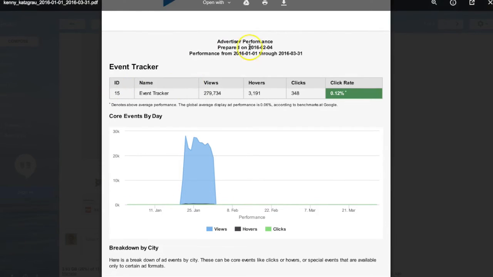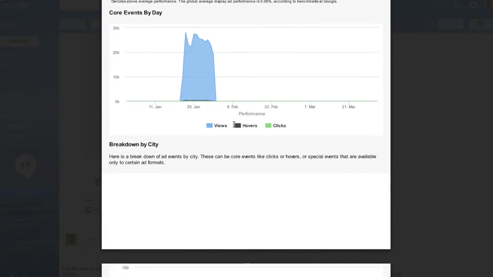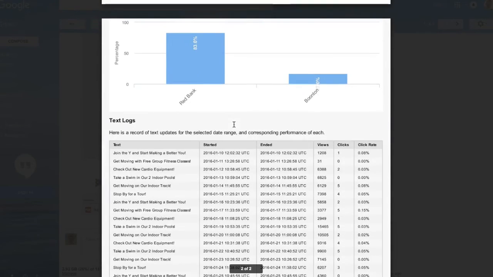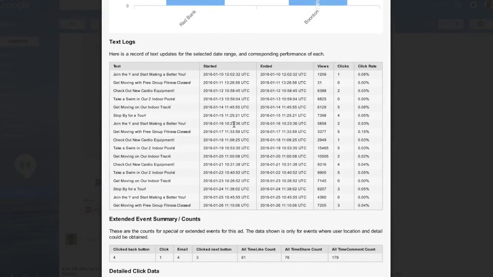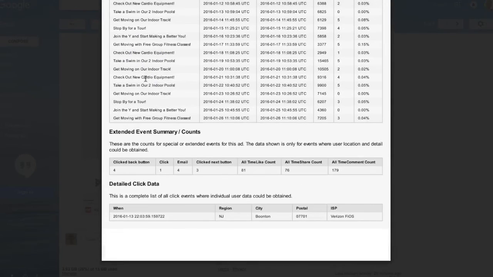And it's a nice PDF with the same event charts that we saw before, the click-through rates, that little note displaying what is a good click-through rate. If it is a poor click-through rate, which does happen sometimes, because of poor placement on the page or something like that, we just show the click-through rate. We don't highlight the fact that it was a bad click-through rate or anything like that. We still show that breakdown by city, any text logs. This is all just test data, but just to give you an example